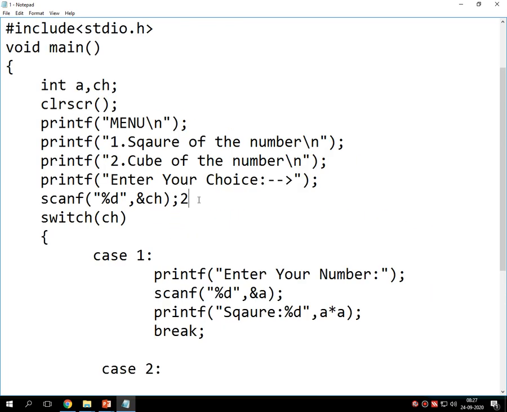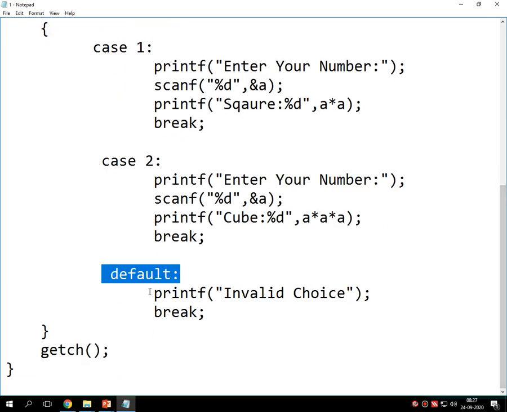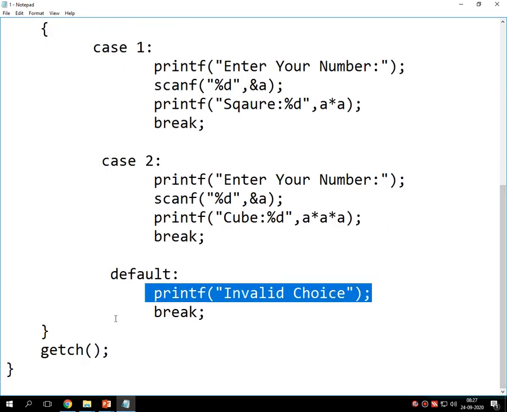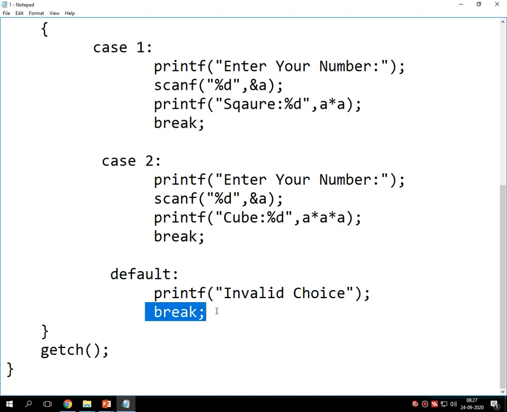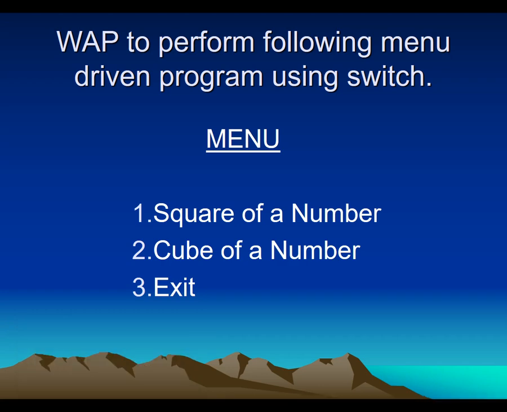And for any other choices like 3, 4, 5 or any number apart from 1 and 2, it returns the default statement with the message called invalid choice and the program gets terminated. So in this way the switch statement in C works. I hope now it is clear how to use the switch statement in C.